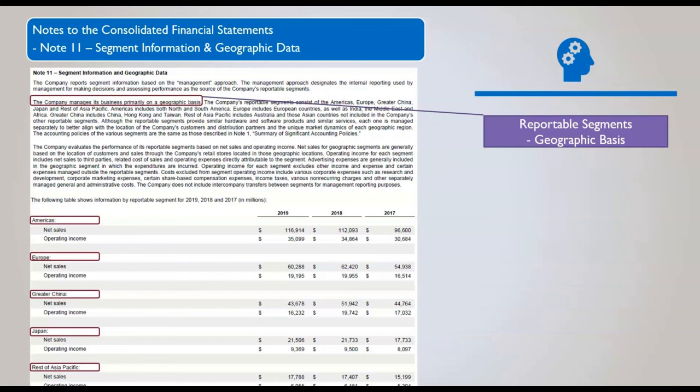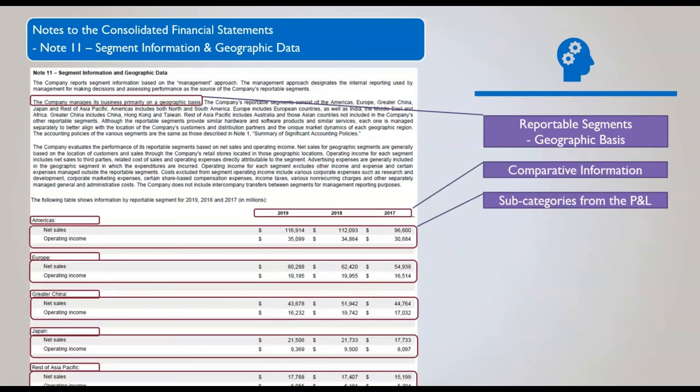So in Apple's case, management views this on a geographic basis. We can see here that there's comparative information, which is for 3 years, similar to the profit and loss